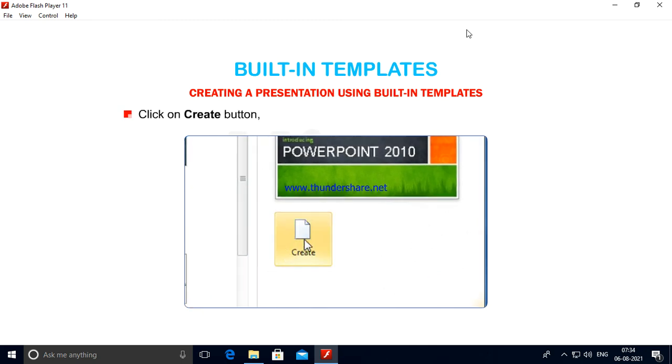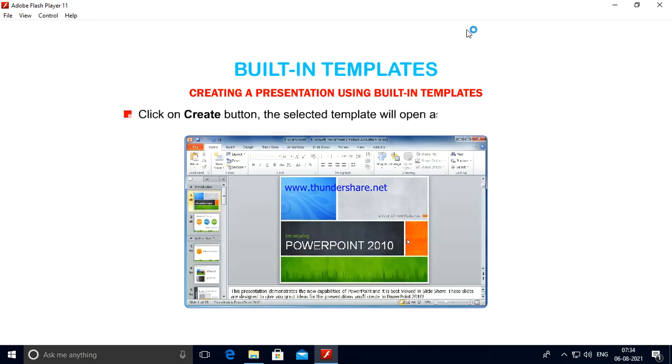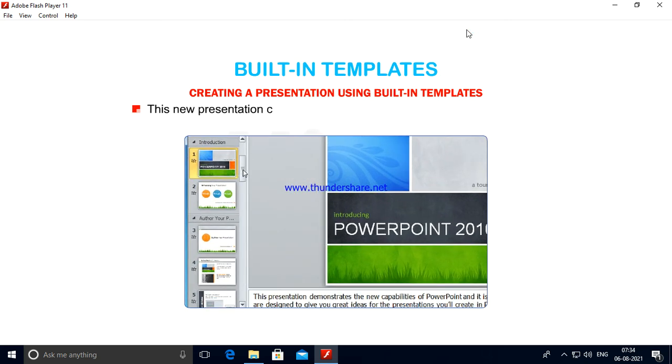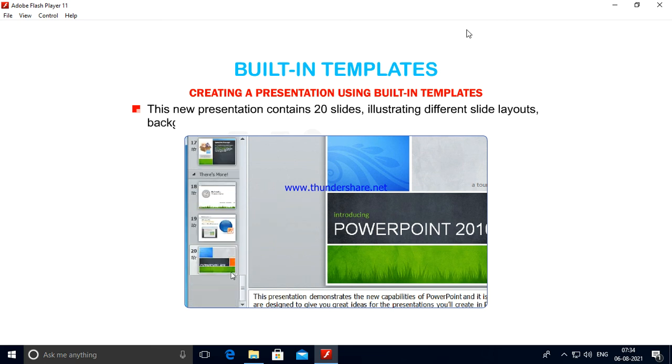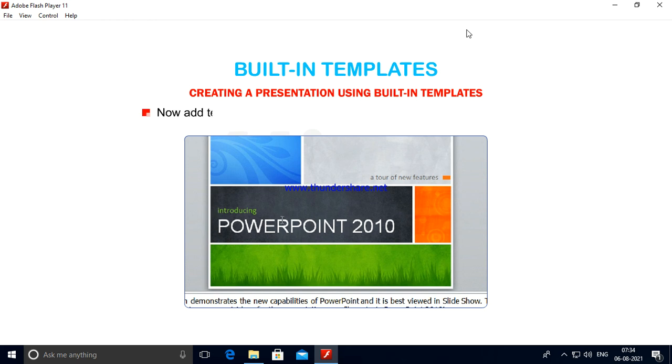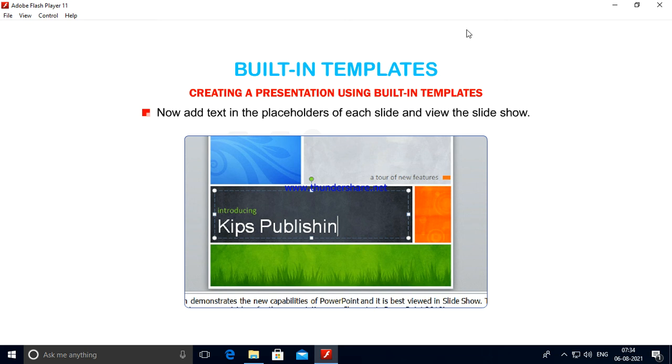Click on the Create button. The selected template will open as a new presentation. This new presentation contains 20 slides illustrating different slide layouts, backgrounds, themes, etc. Now add text in the placeholders of each slide and view the slideshow.